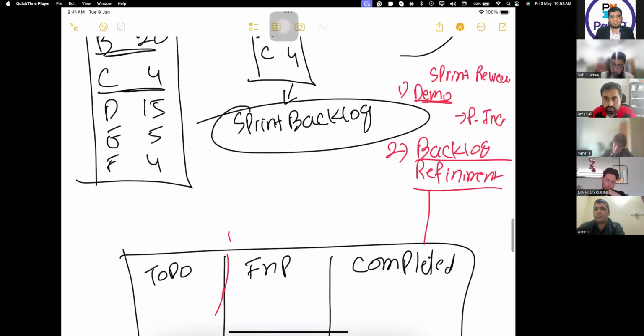Here, the product backlog, which you now have with the rejected user stories, incomplete user stories and previous user stories, is reviewed. If the client has any new requirement, this is the best time they can give you a new requirement. With all those user stories there, you will reprioritize them. This is called grooming or refinement of the product backlog.